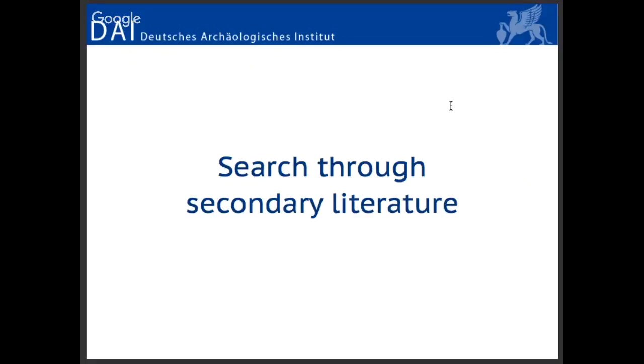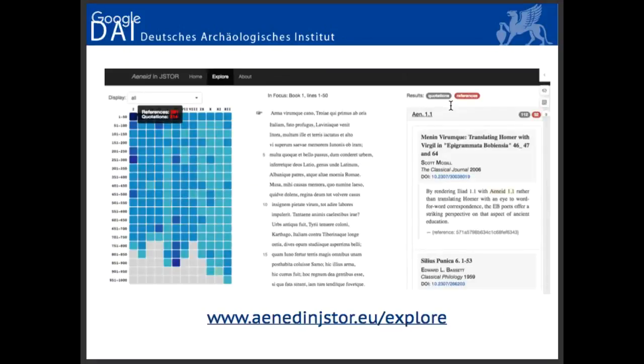The second thing that you can do is to use citations as an entry point to information, to search through your JSTOR articles. One of the things that I did, just as a demonstrator, is to put together this small interface, this Iliad in JSTOR, just to show what you can do once you have extracted these references from JSTOR, and how you can enable students and scholars to read the text, combining distant and close reading. So the panel on the left-hand side is like a heat map showing the density of quotations and references for each chunk of the Iliad.